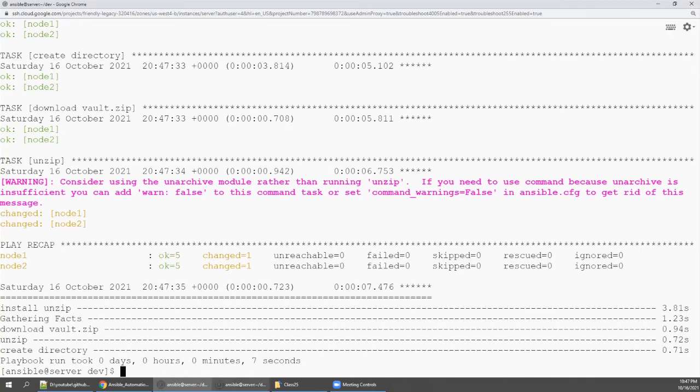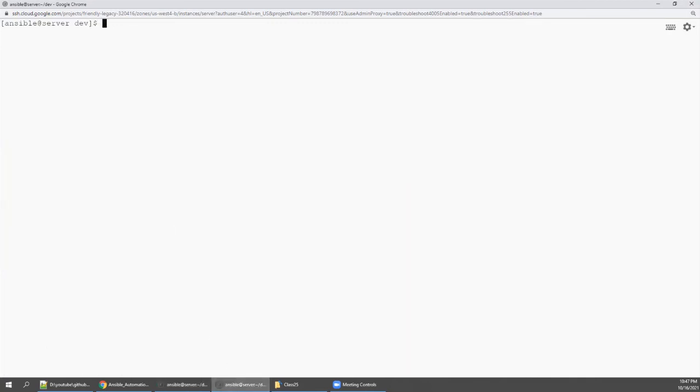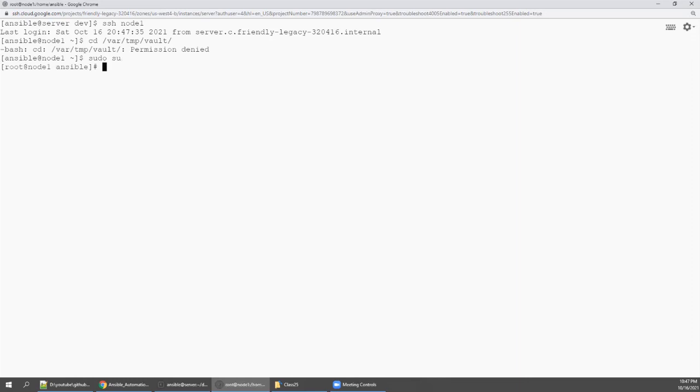So can we go and check? I'm going to say ssh node 1, right? cd /var/temp/vault. This is the directory we have created, and sudo su because it's root. So I'm going to /var/temp/vault, right? And cat index.html.